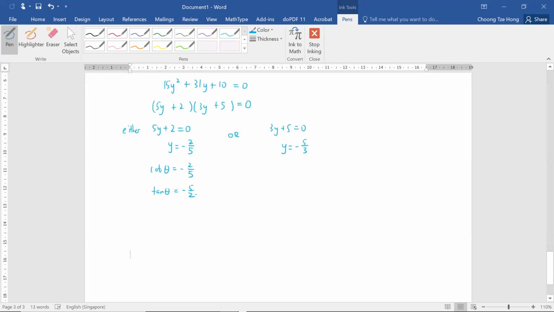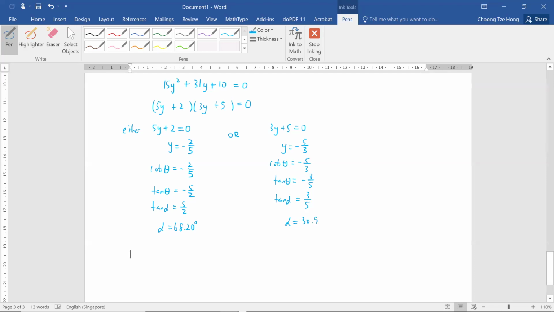From here, of course, we'll go and find the basic angle. Tangent alpha equals 5/2. So alpha is the basic angle, so we will get alpha equals 68.20. We'll just leave it at this point first, and then we find the basic angle for the right side first, and we'll discuss both at the same time. From here, cotangent theta is negative 5/3, so tangent theta will be negative 3/5. Same thing, we'll find the basic angle for this. So the basic angle would be